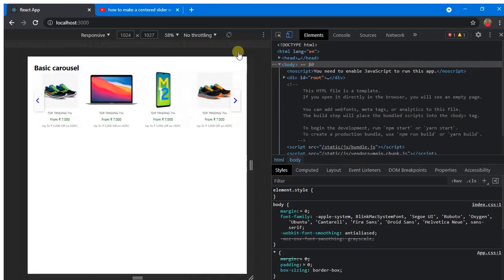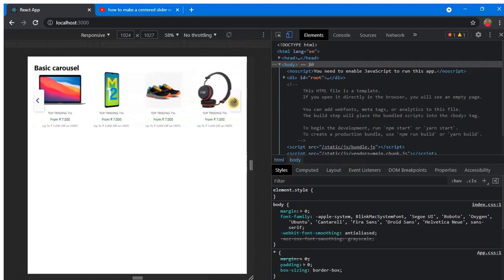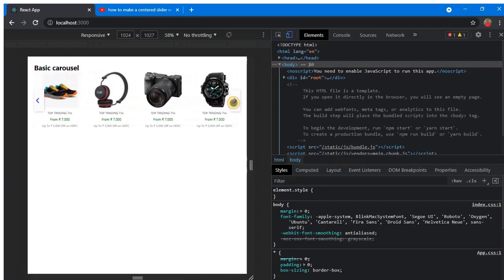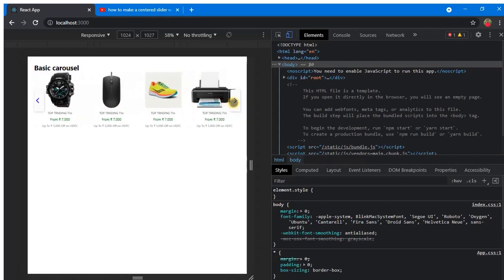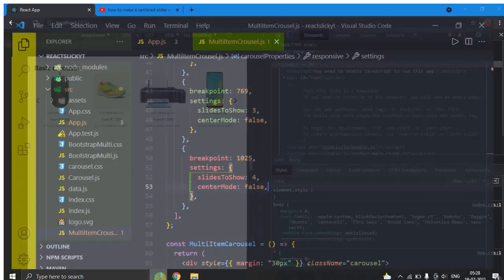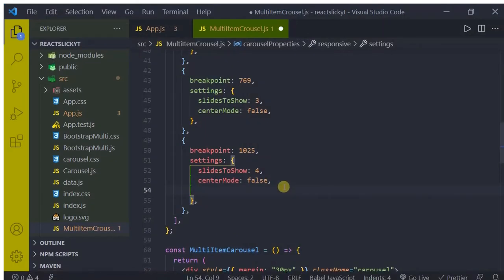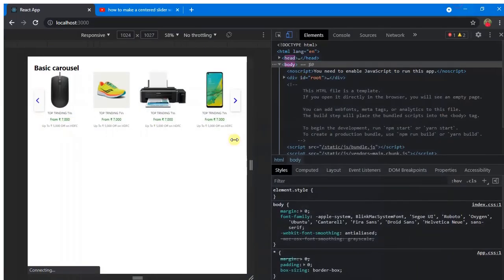See, and one more thing guys, now let us change one more prop right over here, right? See, now we are able to scroll only one image, right? So let's see actually whether it will work or not. As I said, we can pass any props which are applied to slider component. Let's see actually, so it will work or not. Okay, so that is a slides to scroll prop, right? So I'll just copy here. So slides to scroll, I'll just set it to 2. Now just press Ctrl S, save, and come back to your browser.